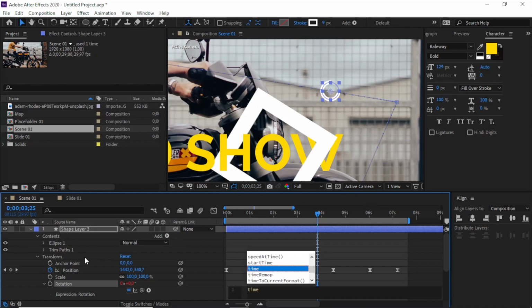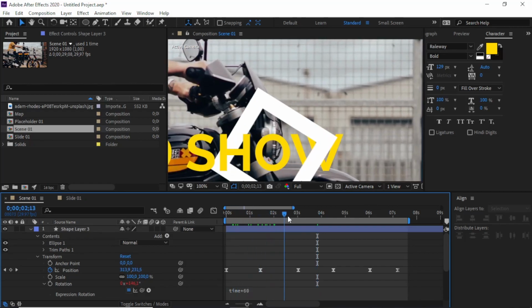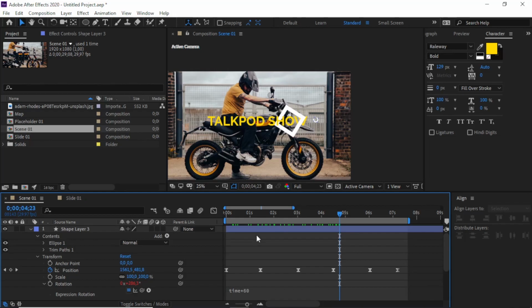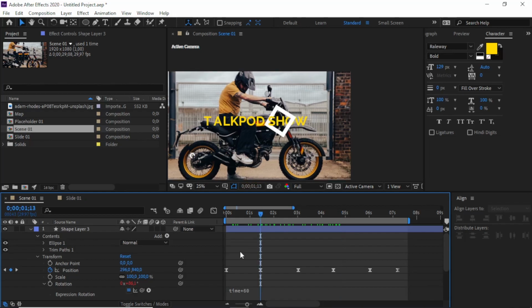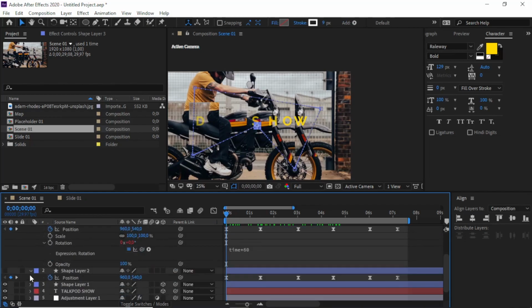and give it the expression, time, star. Where is the star? About 60. So we will rotate like that, but I will make the position different from the other shape.